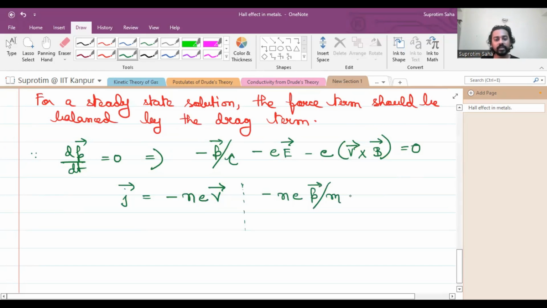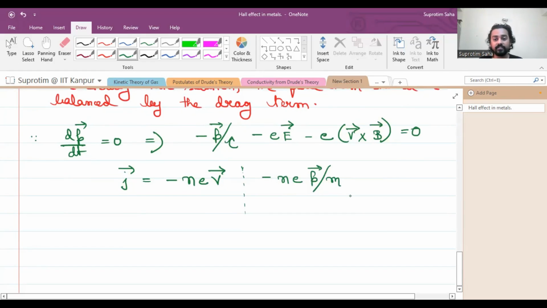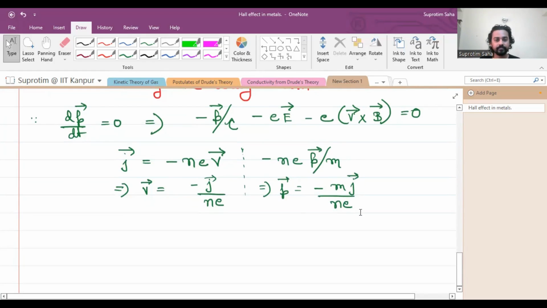You can understand what we are going to do: we are going to express the v vector and the momentum vector in terms of the current density. So this implies v vector equals minus J vector over ne. On the other hand, P vector equals minus m J vector over ne. Putting it in this equation, which is our main equation, we get